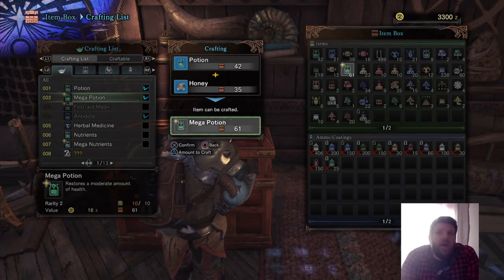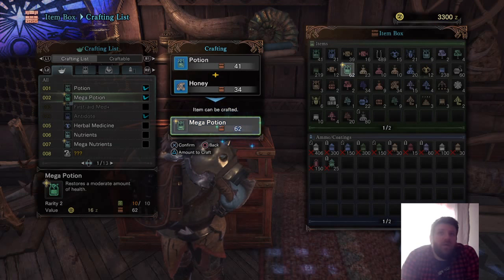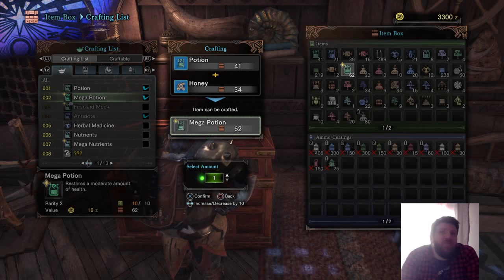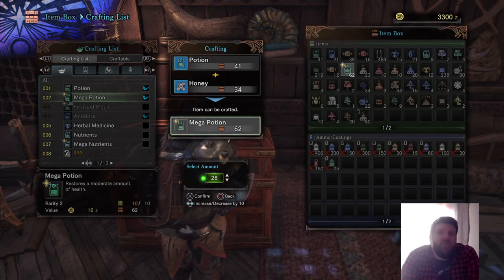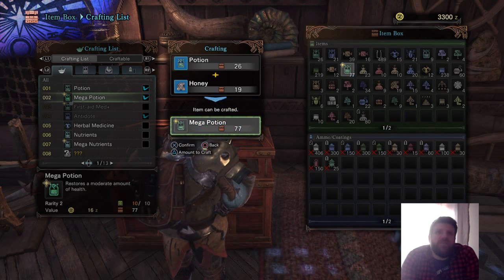So I'll click on that, and it says I can confirm that I want to craft that, and I can craft a few of them at once. Let me do up to 34, because that's how much honey I've got. I don't know if there's another use for honey yet, so I'm not going to do all of it, but I've said do 15. So there we go, I've got 77 mega potions now from my original standard potions, which